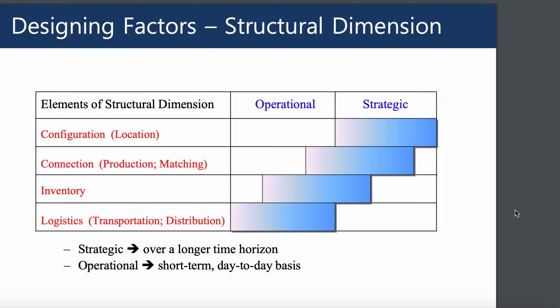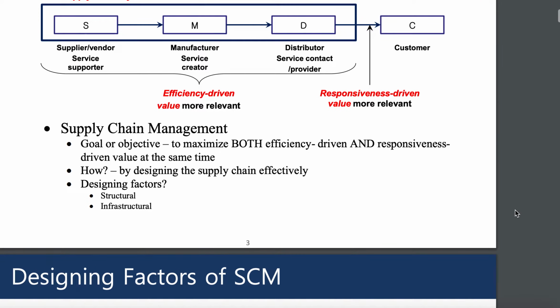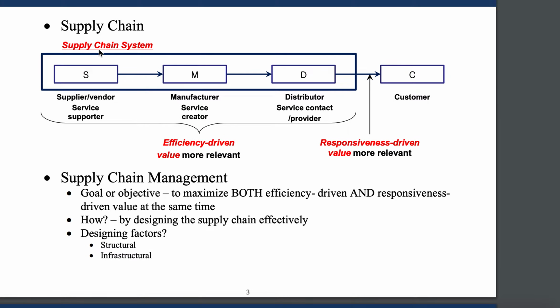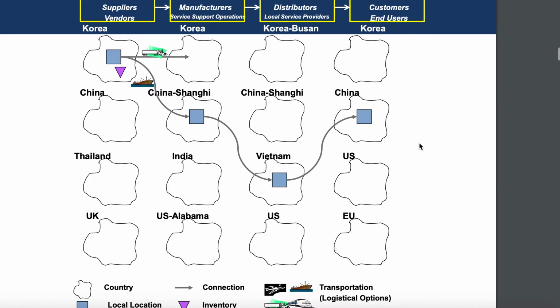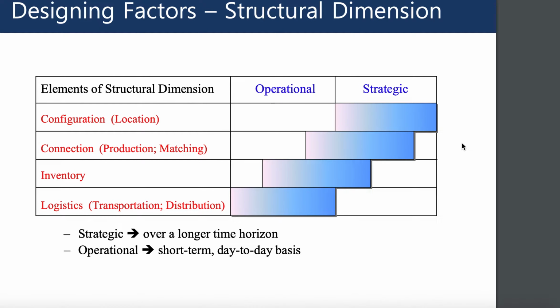And for connection, I would say connection basically refers to the production and matching of the product, and I would say it is 80% strategic, because you have to decide where you're going to produce a product, and that is likely to be a long-term decision. Where you produce a product is directly linked to your DC and also linked to us. And I mentioned in our lecture 1, if you can recall a little bit, I talked to you guys that